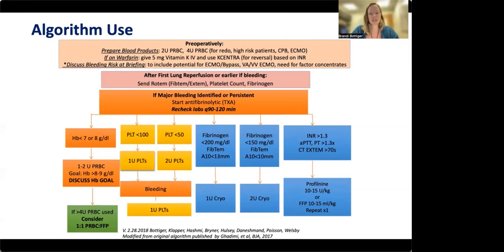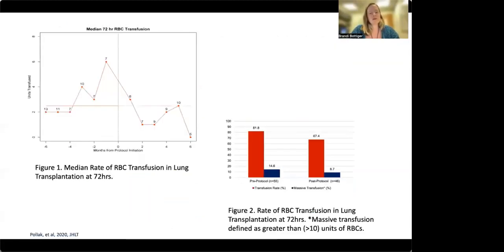It's really helpful for trainees and really for surgeons to know what you're actively doing to treat the bleeding, particularly after the pump run or after the ECMO run. And when we applied that to our group, we saw a reduction in red blood cell transfusion that was sustained, not just in the 6 months that I'm showing you on the top left, but over 12 months. And we saw an overall reduction in the percentage of patients that met the criteria for massive transfusion. So we consider that a win, albeit this was a win that we had before the ECMO era.